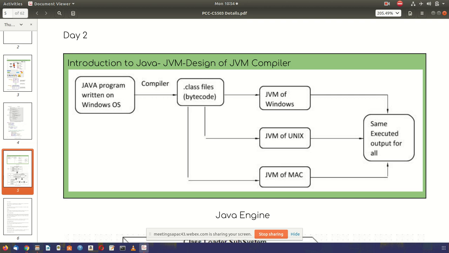When you install Java in your laptop, Java will install a virtual PC. It will not use the same PC that you are using. When you install Java, it will install itself a virtual machine, and you will not be aware of it.